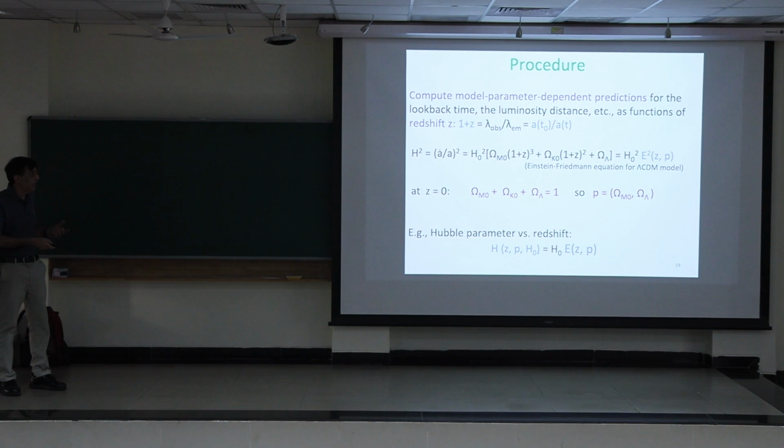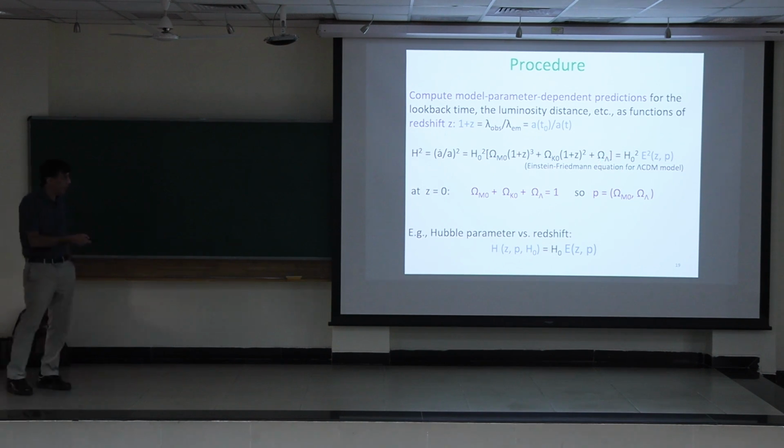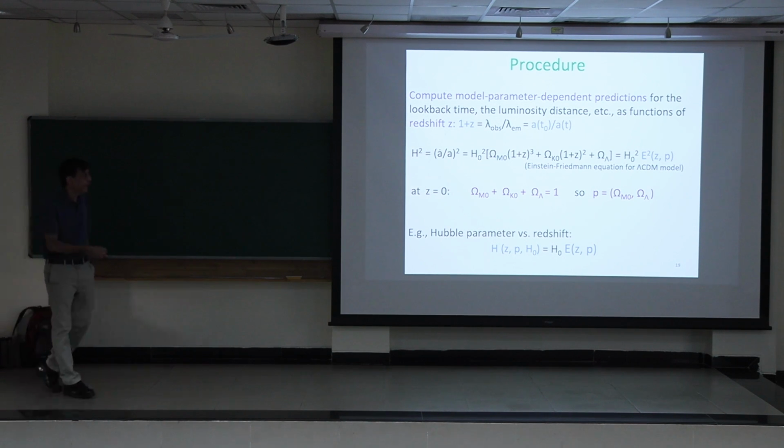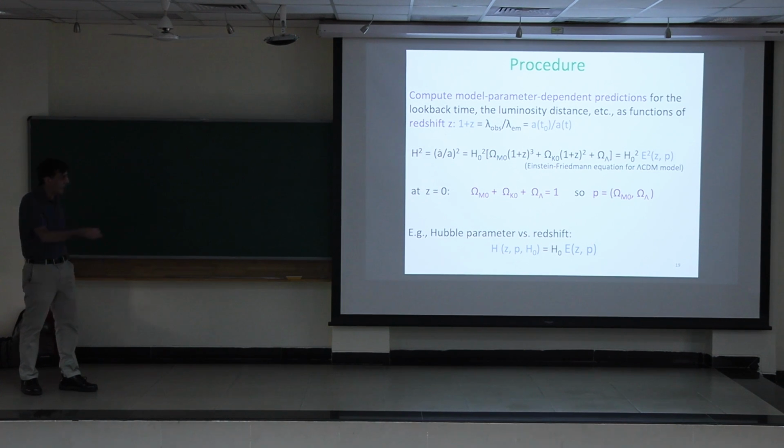So the procedure is you write down the Friedmann equation, and you write it down in terms of redshift. If this is the lambda CDM model, then you get an omega matter term with 3 powers of 1 plus z, and omega curvature and omega lambda. You can see where that sum rule comes from, because if you evaluate this at the present time, the H naught squares cancel out, and that becomes 1, and you get this equation. So you don't have 3 free parameters, you just have 2. Conventionally they're taken to be the matter density, omega matter now, and omega lambda.